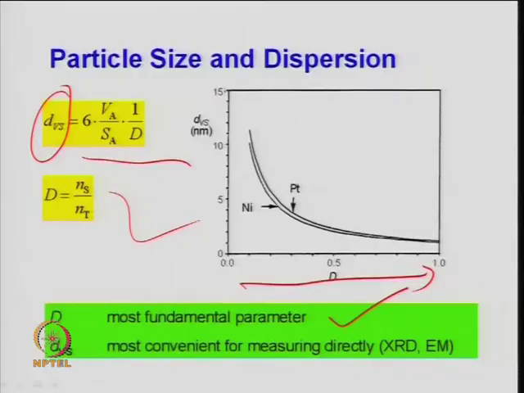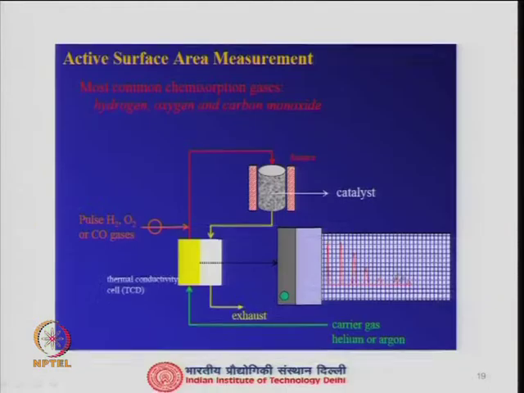So, D is the fundamental parameter which is determined from chemisorption. dVs can be determined by using XRD and EM also. The type of setup, if you look at it, is just kind of a micro reactor basically, right, which can be used for temperature programmed reduction, temperature programmed desorption, chemisorption, right. So, all these kind of studies can be done. You can take any chemically reactive gas, right. You can give a pulse through the syringe also, you can give pulse chemisorption, right.